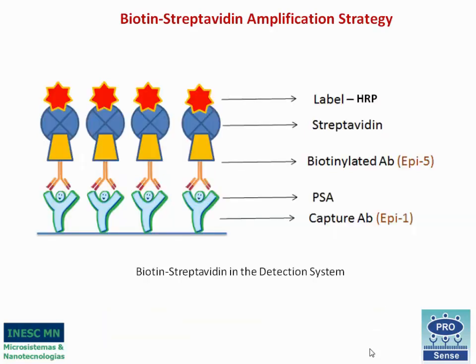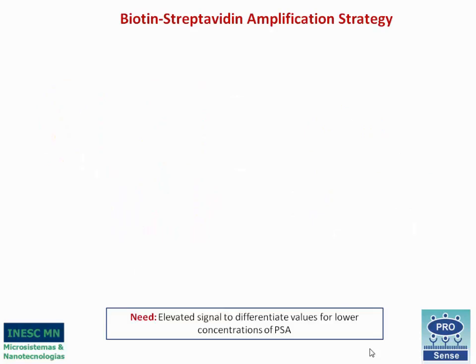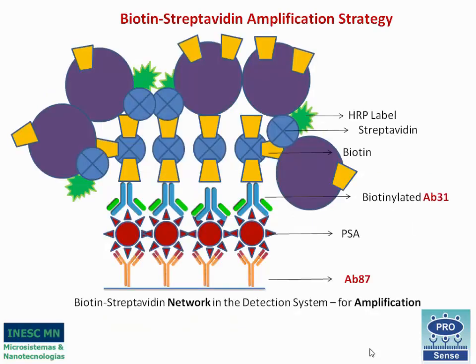However, with a simple system with just one biotin-avidin interaction, it is still not possible to resolve the signal in the clinical range. And then we try to employ an amplification protocol using levels of avidin-biotin. As you see here, the bigger labeled molecules, these are the biotinylated BSA molecules, which should be combined with the streptavidin, and then these streptavidin molecules again would be read by the other biotin and then recognized by the labeled streptavidin molecules. So such a network of avidin-biotin can give rise to amplification in the signal that we are desiring,